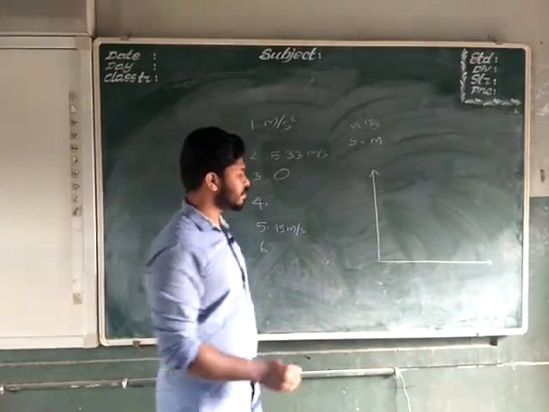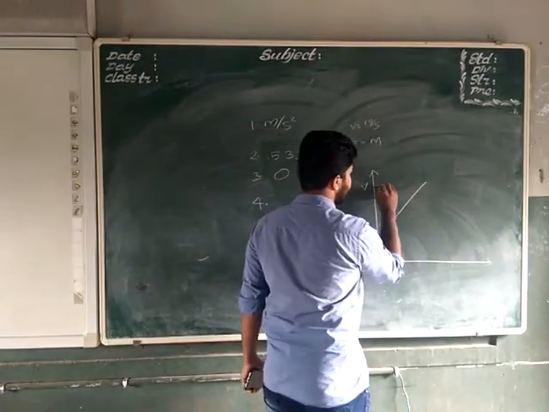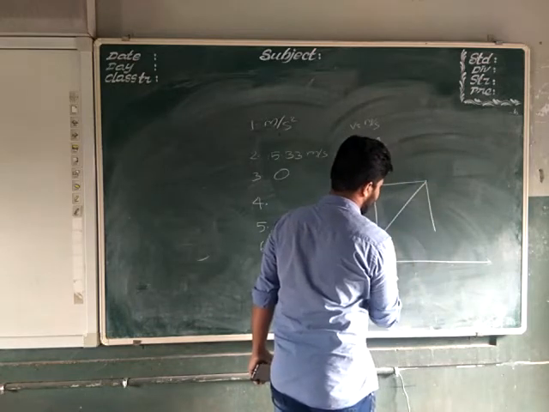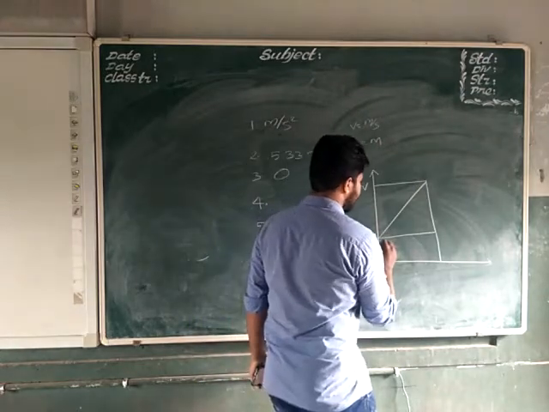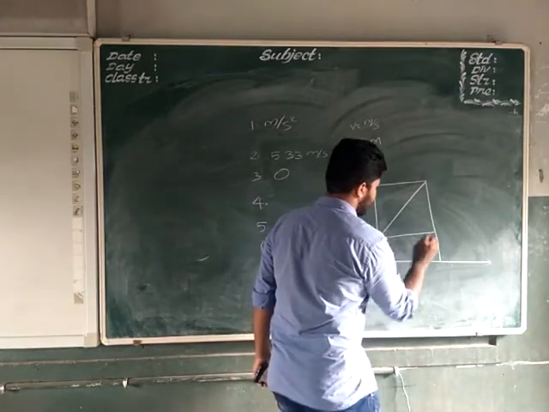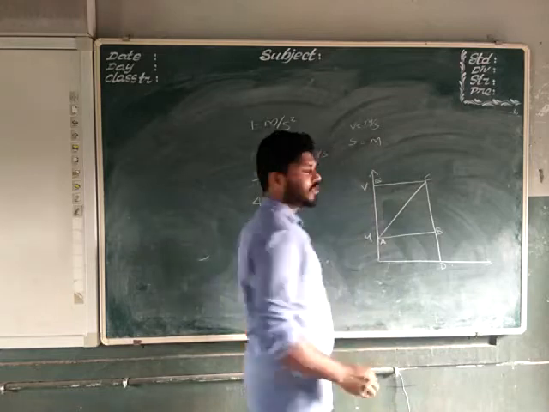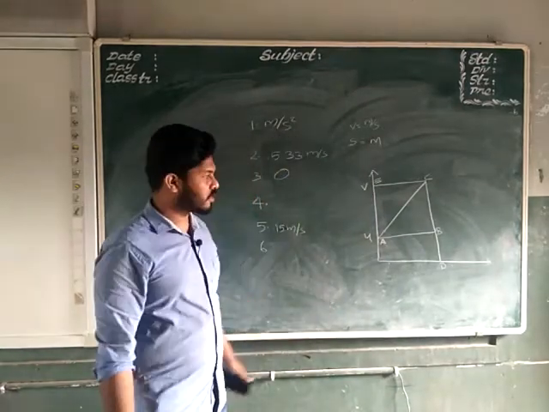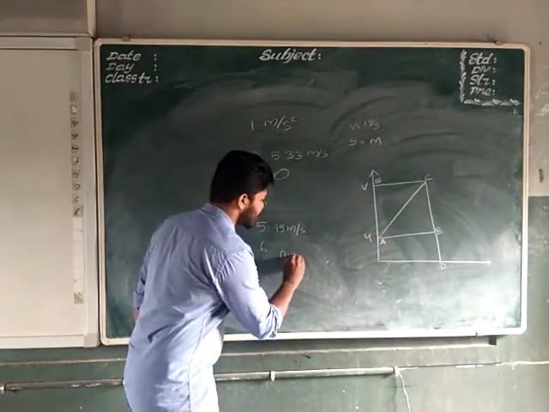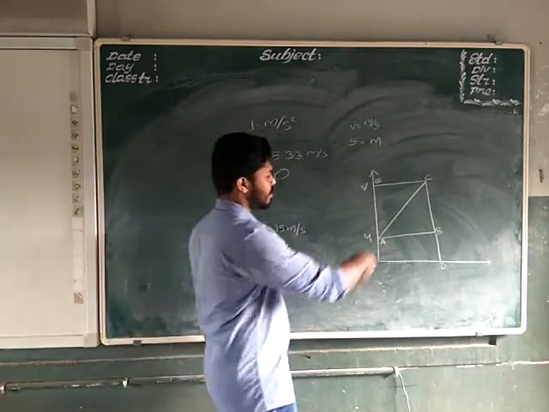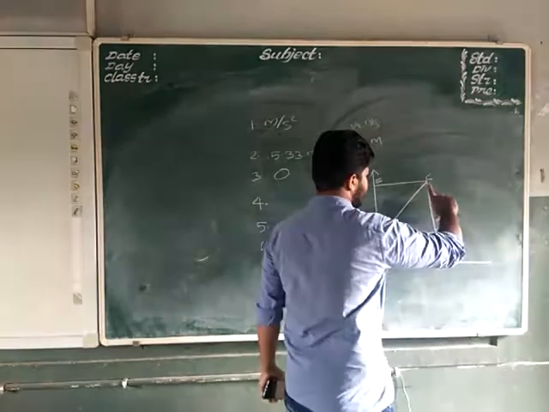Suppose an object is moving with initial velocity u and final velocity v, then you can name it as anywhere. Here I am naming it as A, B, C, D, E. Okay, you can name it as you wish. So you have to give an introduction and you have to tell, now slope of the graph is equal to acceleration. That is, a is equal to slope of the graph. What is the slope of the graph? Slope of the graph, this one, BC by AB.